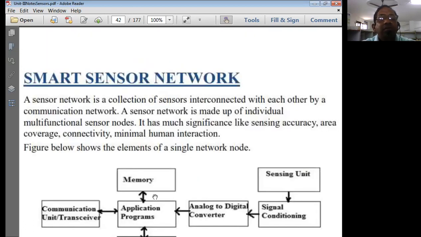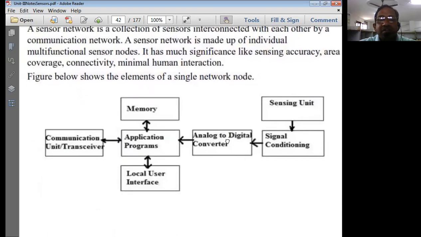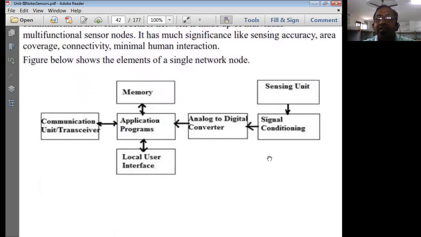Now, what is the basic block diagram of a smart sensor? The sensing unit is only one; this is the primary sensor. It senses the stimulus from the external world and converts it into an electrical signal. That's it, the primary sensor's job is over. Then the job of the smart sensor comes into the picture. Smartness comes into the picture. The smart sensor supports many other sub blocks: memory units, conversion units, interfacing units, and it performs or processes programs which are already stored inside the embedded system.